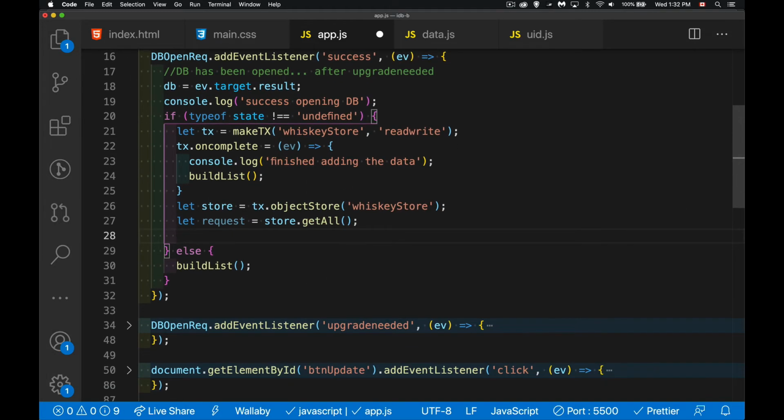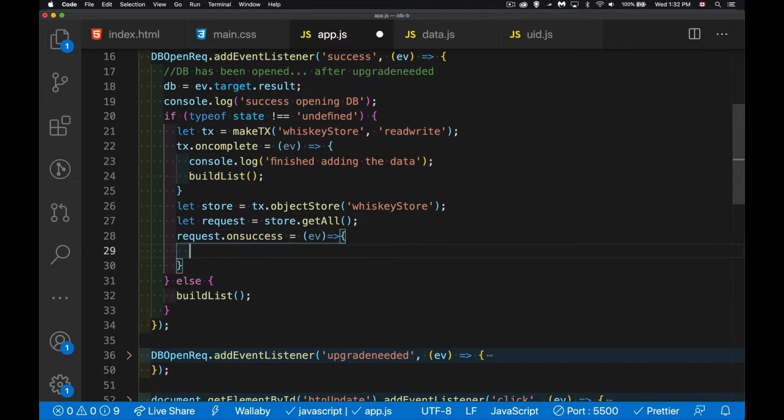There we are. We have all the records. So when this request is complete, when I have request on success, this is the point where I know how many records I've got. So if